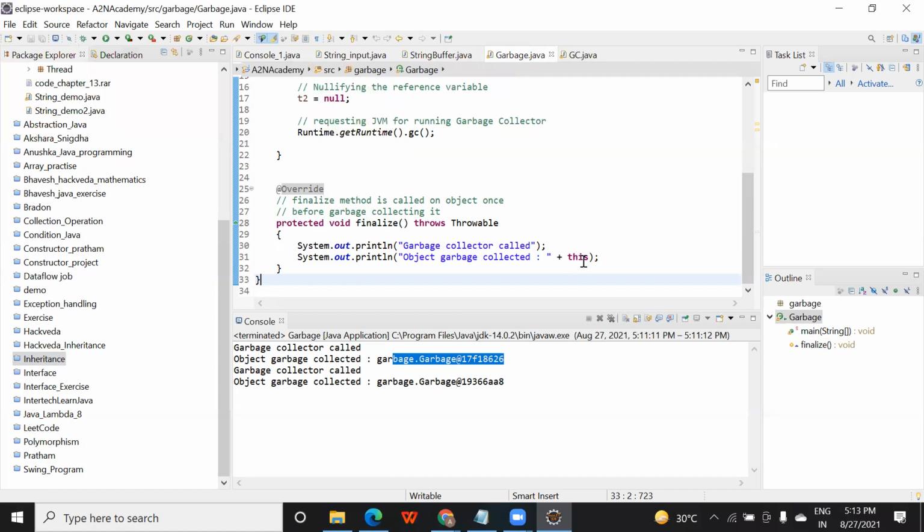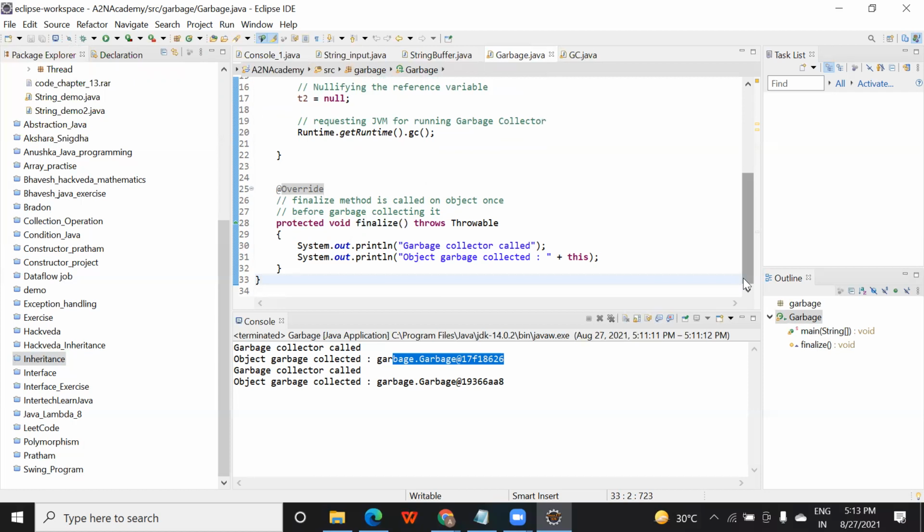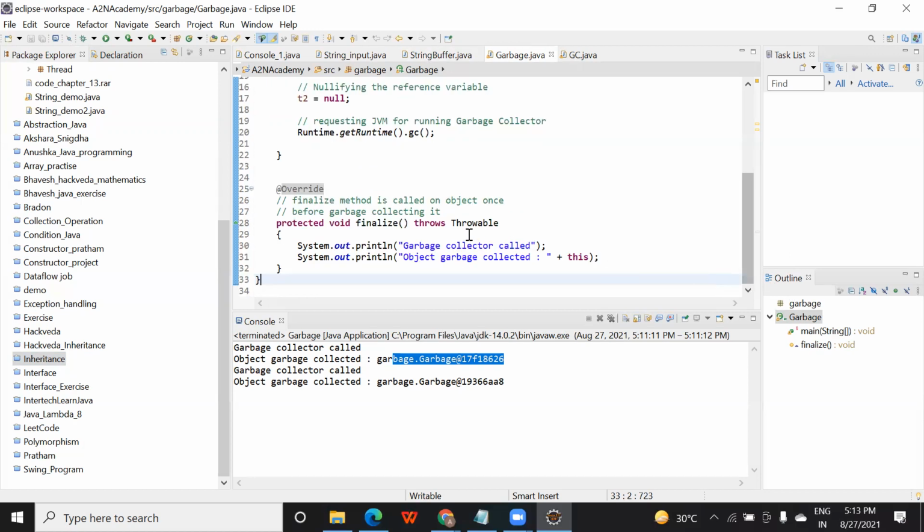Okay. So this keyword is used to represent the current class object. It means that this T1 and T2. Suppose you wanted to work with the current class variable only. Suppose you have inherited this class into another class, or you are reusing this class. In that case, if the variable names are the same, you will get confused.